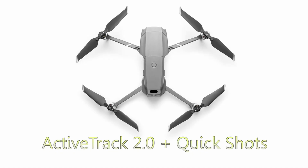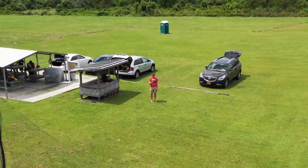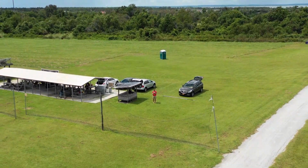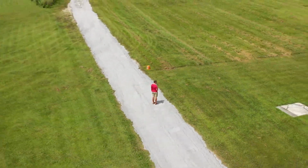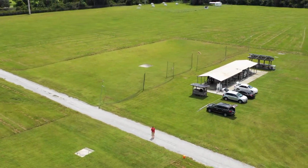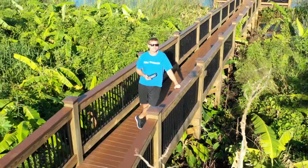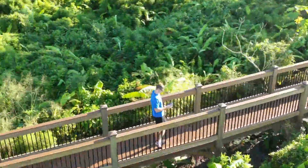Next are the smart features, active track, and quick shot. Once again, they just keep building upon what they had with the Spark and the Mavic Air. DJI just continues to set the bar higher and higher. And of course, they've got the shots like Dronie and Asteroid and Rocket and all these types of cool shots, but they've gone in and added some more, as well as the active track feature, which is